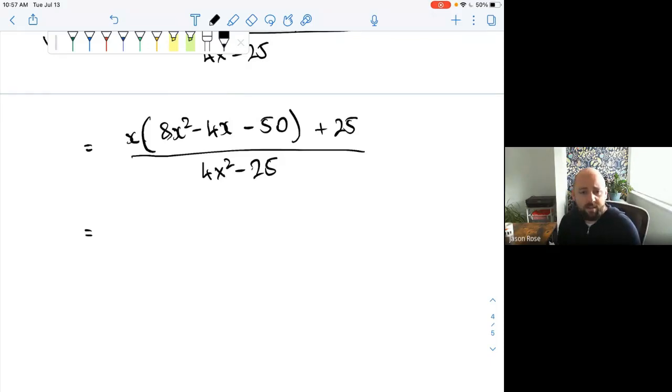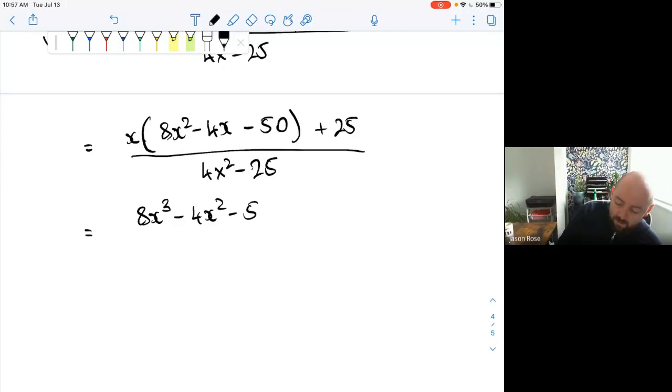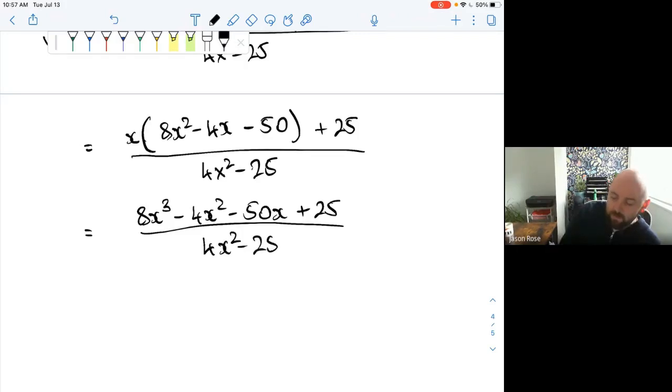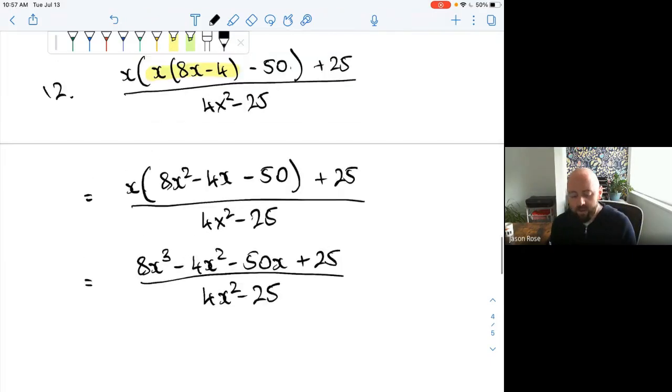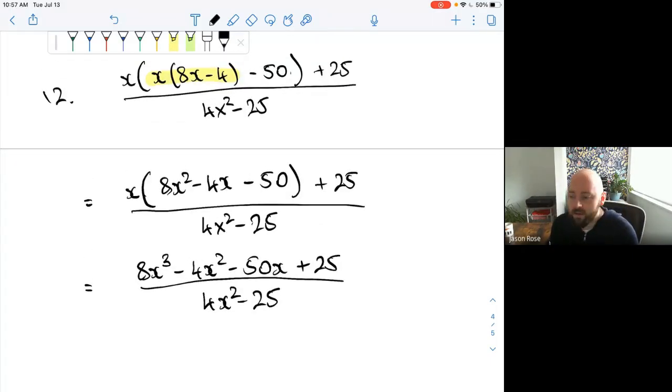Okay, and let's see what else we can do. I see more brackets on top, so I'm inclined to multiply those out. x times 8x squared is 8x cubed. x times 4x is 4x squared. Minus 50x plus 25 over 4x squared minus 25. The reason that I took those two steps to multiply them out like that is